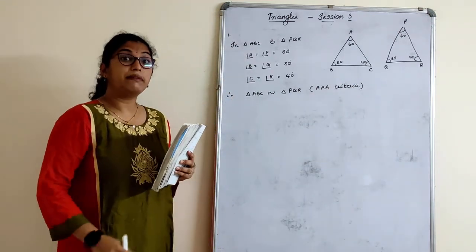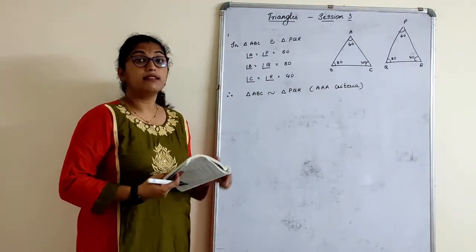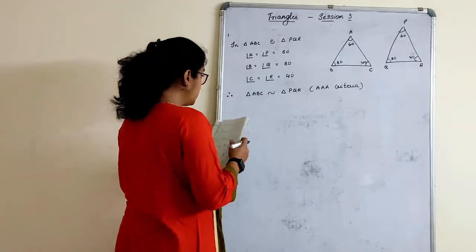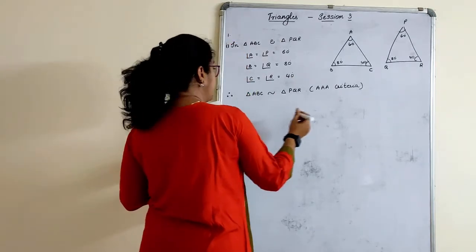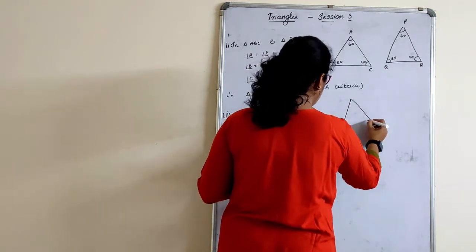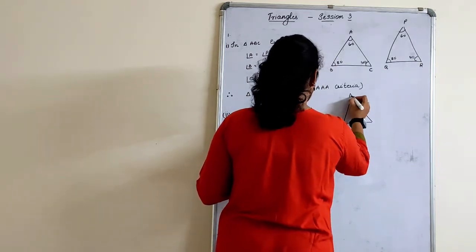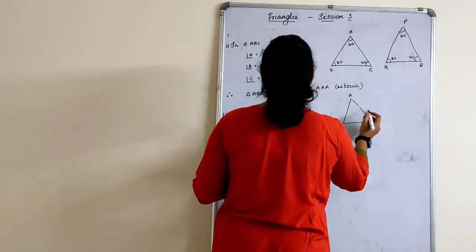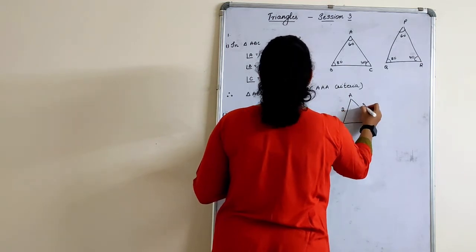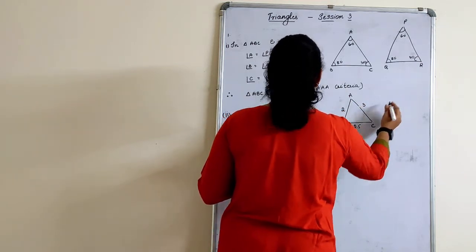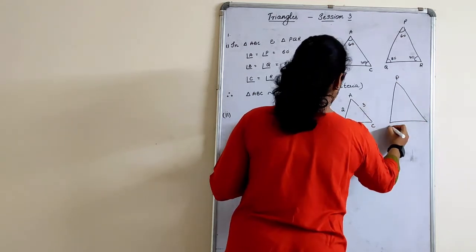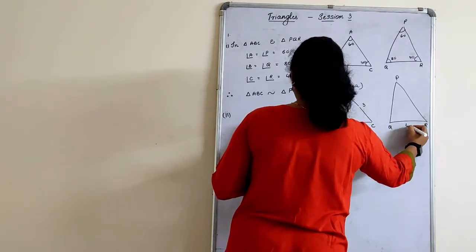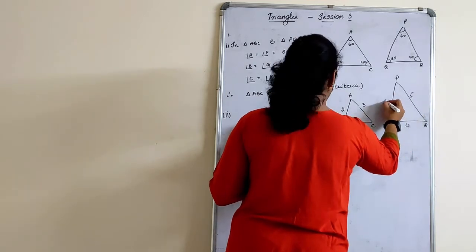Are they similar? But which criteria do we have to write? This is how we do it. We'll move on to the second one. So this is the first one and the second one. The second given figure is with respect to sides; they have given A, B, C, which is 2, 3, 2.5. One more figure given here is P, Q, R, which is 4, 5 and 6.